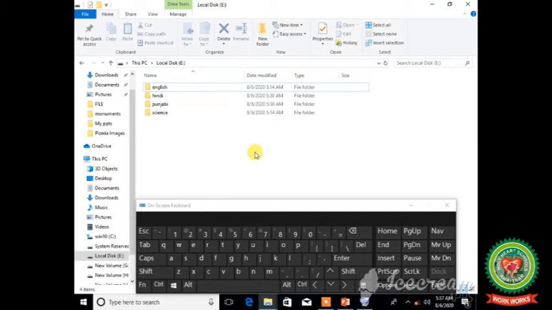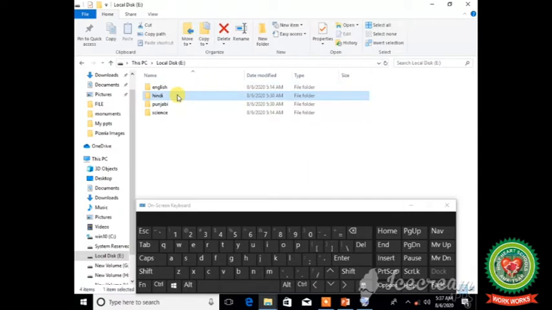The second way to delete a file or folder permanently is by using the shortcut key Shift plus Del. Del means delete key. For this, firstly, select the file or folder which you want to delete. For example, I want to delete the Hindi folder.